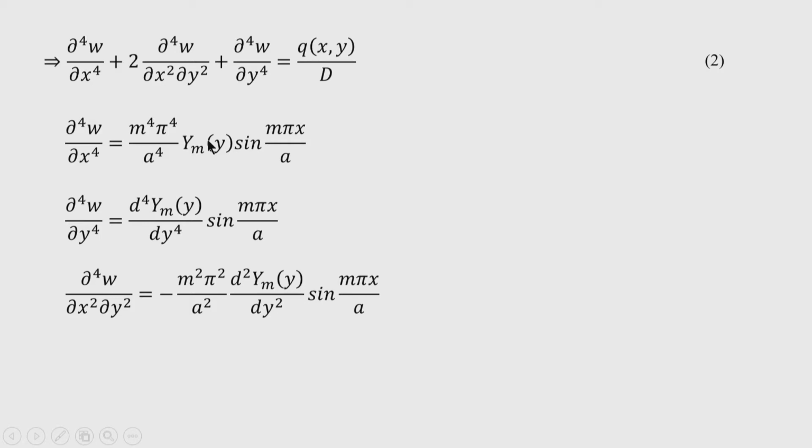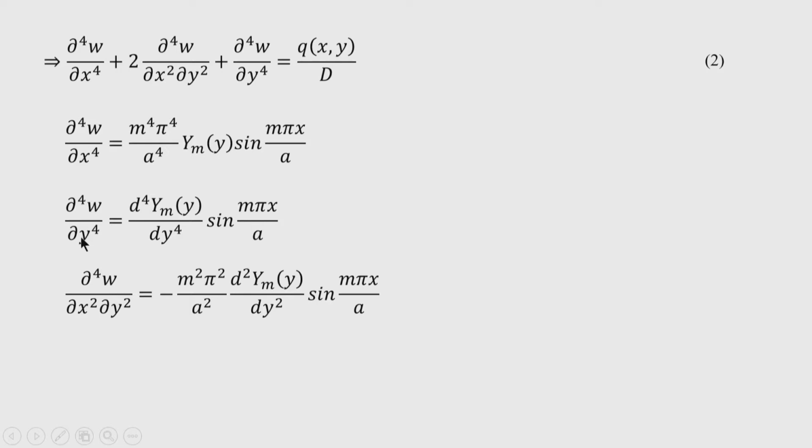So, it remains undifferentiated, and sin m pi x after an even number of differentiations appears as sin m pi x by a. Now, one thing is that m is the half wave number. So, m can vary from 1 to infinity, and as you have seen, for different half wave numbers the waves are formed, and the superimposition of all waves actually contributes to the total deflection of the plate.